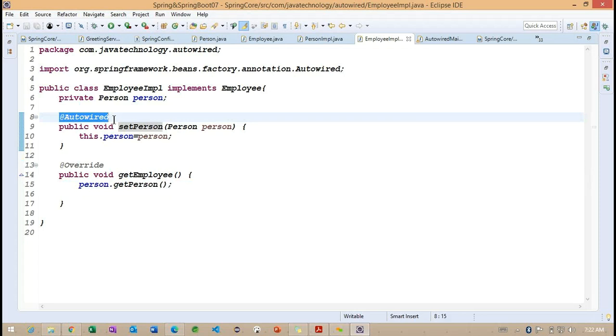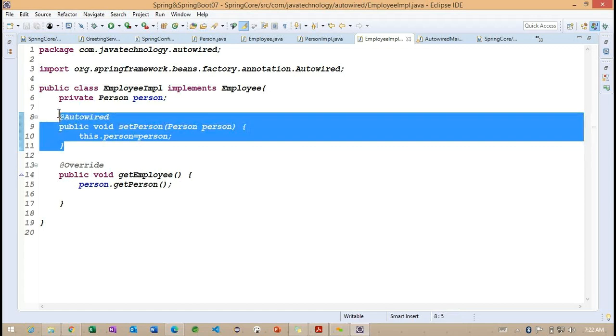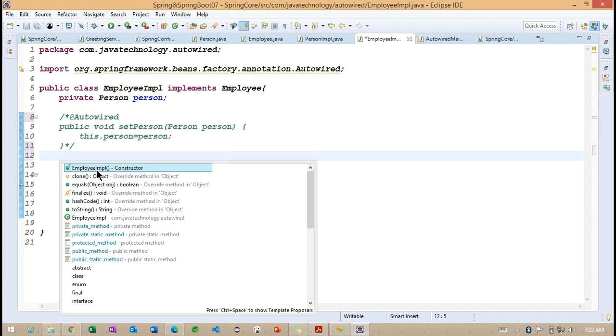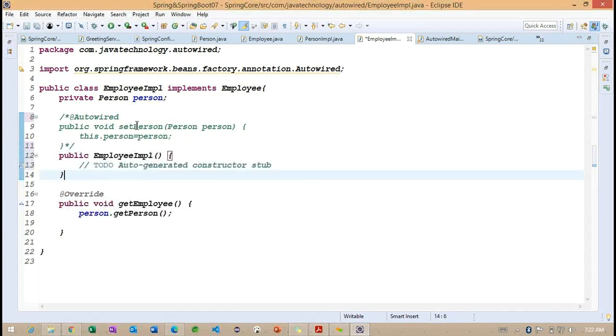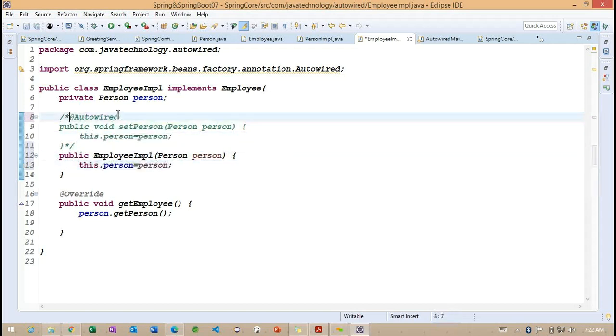Not only here, we can work with the constructor. Now you can see how we can work with this same example on the constructor. Observe here, I'm going to work with the employee constructor, which is going to take person information, and the same person I'm adding here.